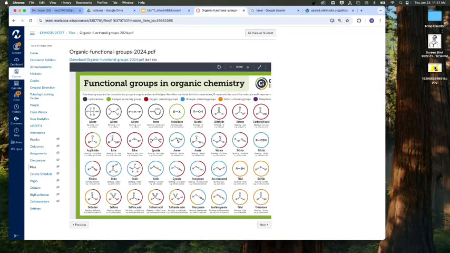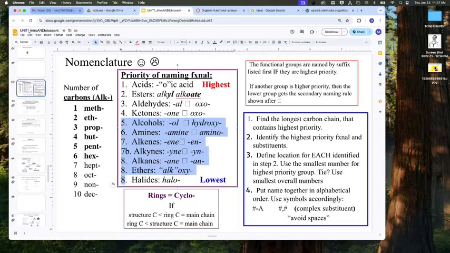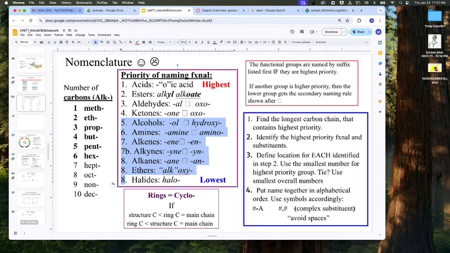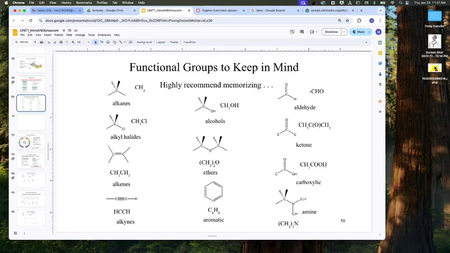Very first thing we want to do is address functional groups. Okay, so there's a couple resources when it comes to functional groups. First and foremost, of course, in the slides, you've got this. Okay, this is the functional groups to keep in mind. These are the ones that I would highly encourage you to recognize right off the bat. So if you see any of these things in a structure, boom, you should be able to name the functional